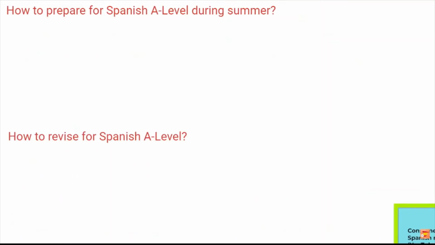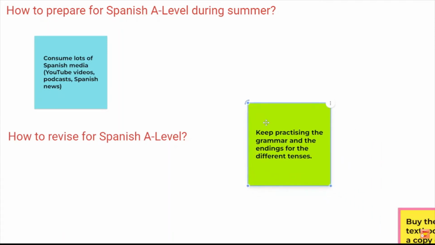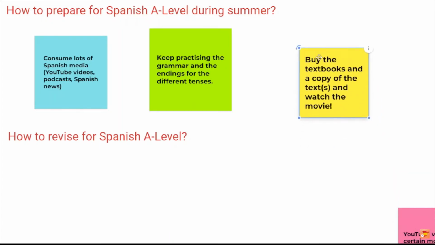To keep up on your Spanish during Year 11 and during the summer holidays, you should be consuming lots of Spanish media. YouTube videos from channels such as Dreaming Spanish are genuinely an amazing way to steadily learn new vocabulary. If you are serious about doing the subject for A-level, then studying Spanish should just become a hobby. Secondly, you should also keep up to date on your grammar to keep practicing. There is a website that I will link below that has verb conjugation practice in lots of different tenses. Also, you should purchase any needed textbooks during the summer.